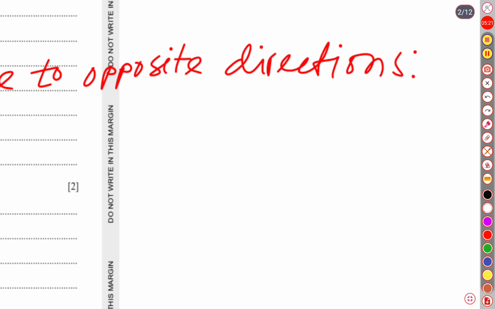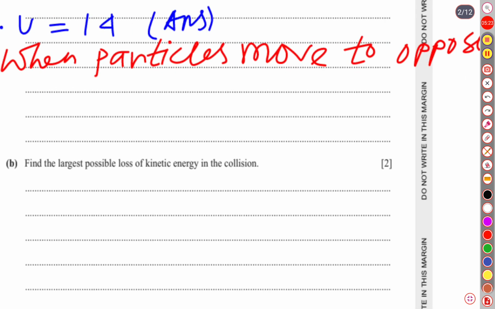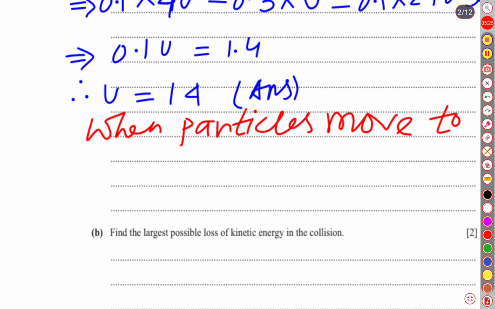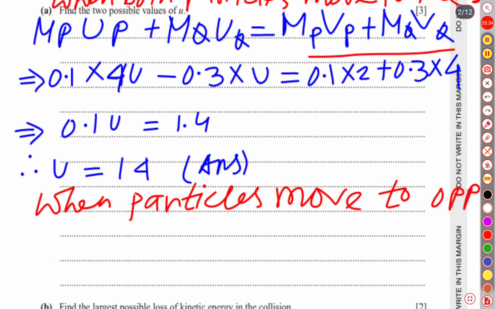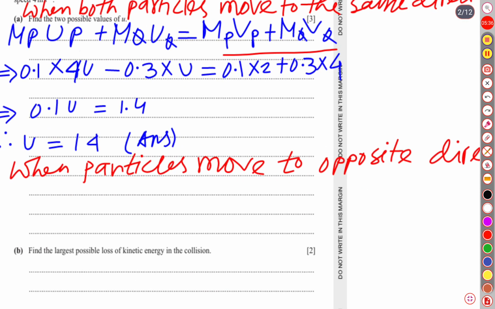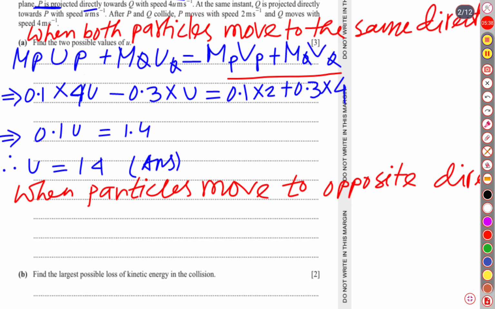Okay, then the only change here is the symbol, I mean the direction. That's why let us copy the previous part. It is M_P u_P plus M_Q, mass of particle Q, into initial velocity of particle Q